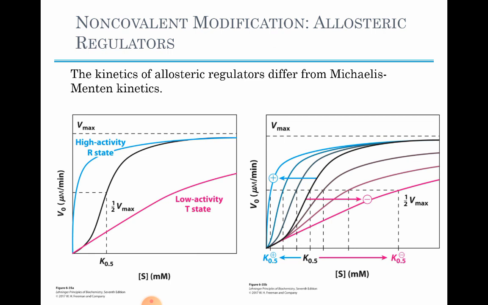the sigmoidal curve is a hybrid curve in which the enzyme is present primarily in the relatively inactive T state at low substrate concentration and primarily in the more active R state at high substrate concentration. The curves for the pure T and R states are plotted separately in color. ATCase exhibits a kinetic pattern